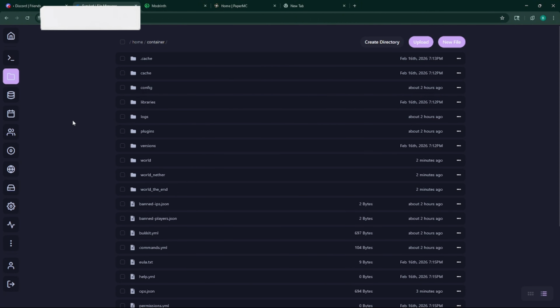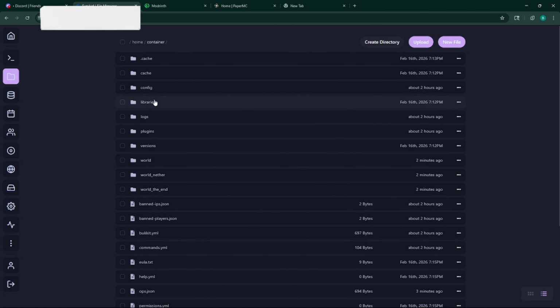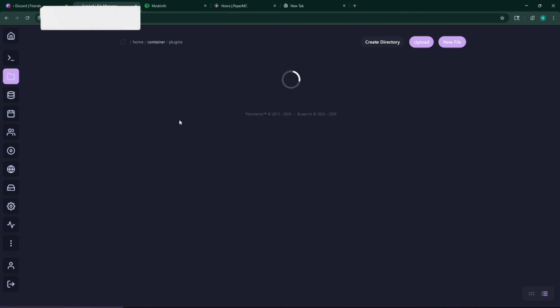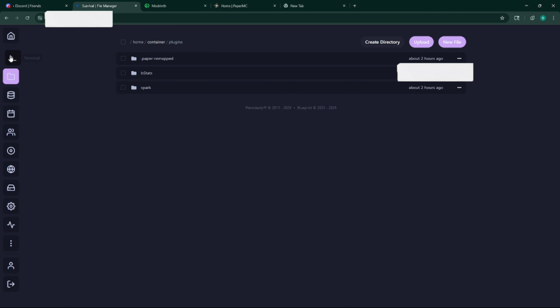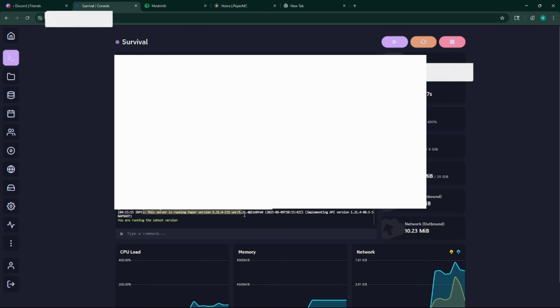Here you'll have everything about the server itself. There are some files such as version history, captcha, spigot.yml. Those are just for additional settings for the server. Today we'll be mainly focusing on plugins. Here, as you can see, we don't have any plugins currently, so we'll be getting some plugins today. If you go back to terminal and type in version, it will give you the server version. As you can see, we're running Paper